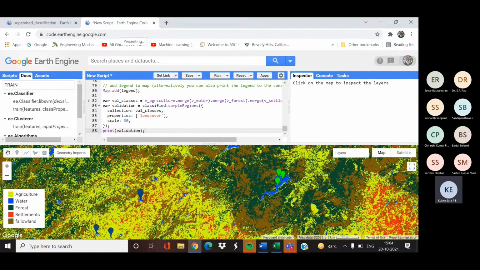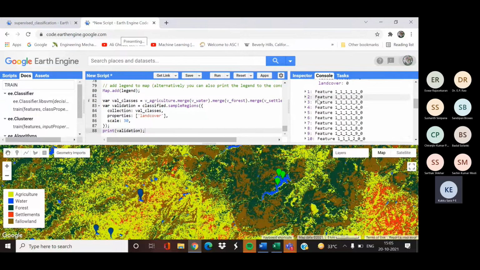If you click anywhere here, you can see that for that particular point, the class pixel value of that classification image is 0. 0 means agriculture.